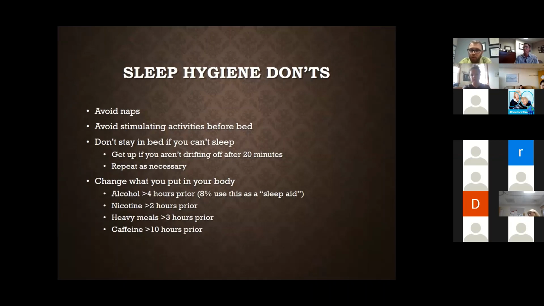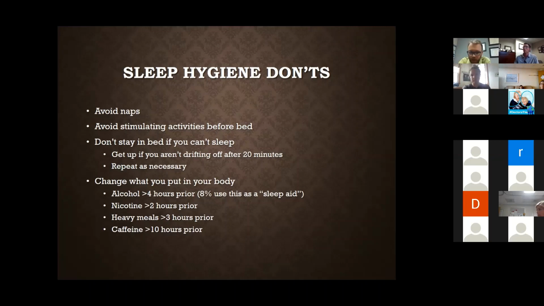People will report they will go to sleep a little bit quicker, but they, one, wake up in the middle of the night as we start to withdraw from that alcohol. And then two, the quality of sleep that they get while they're intoxicated is very poor. And so you should cut out alcohol about 4 hours before bed. This would essentially mean if you're having a glass of wine with dinner, that should be the end of that.